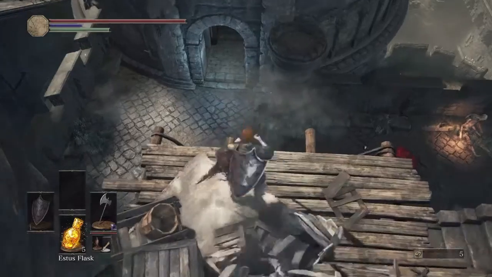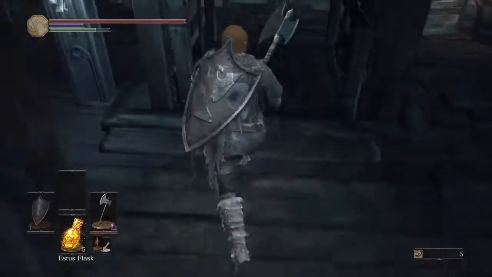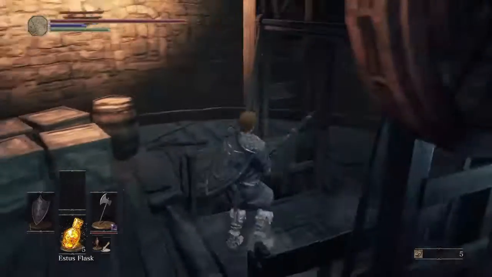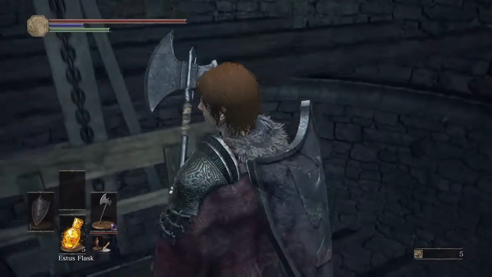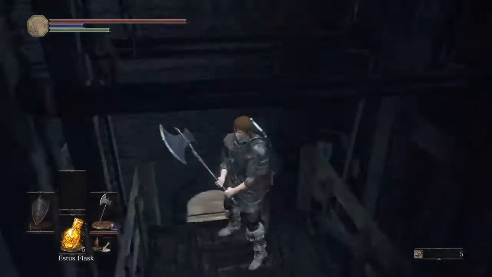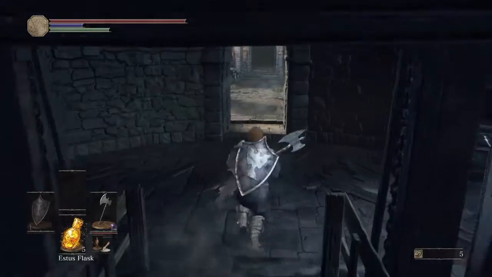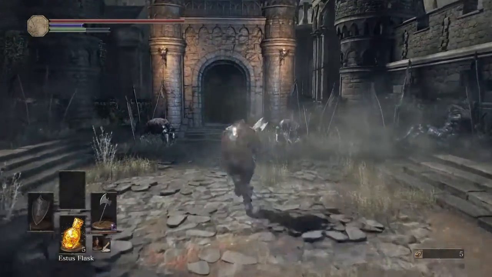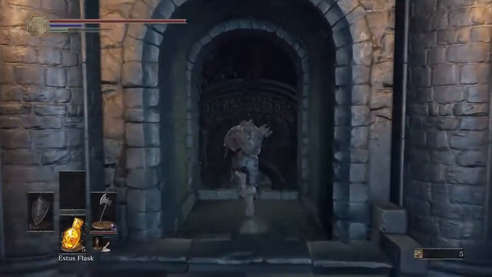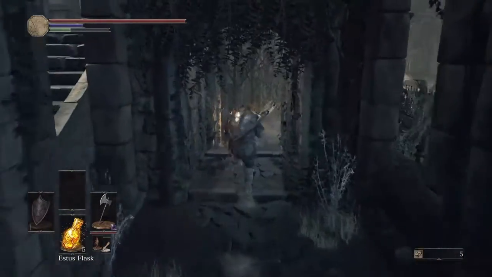So what I first do, having cleared the entire area, is use the shortcut, which is just to the left, right, and then the left of the first bonfire. Actually, I sprint through here, skip the 5 or so enemies in that area,